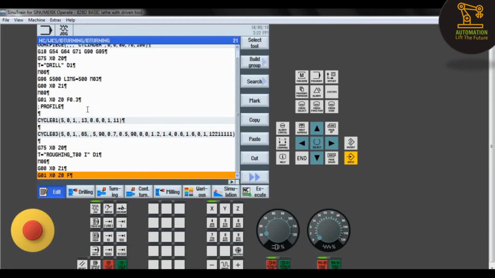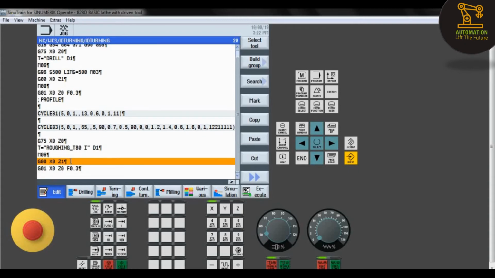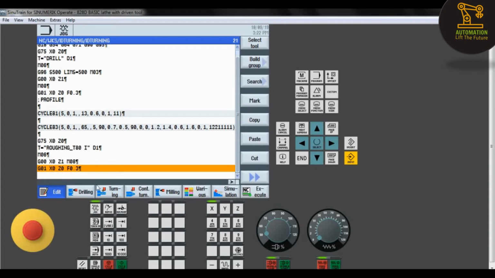So as I was approaching the workpiece, we have to mention the feed rate, so F is 0.3. As I was approaching, we have to mention the coolant, it is M08, so M08 has been written as I was touching the workpiece.